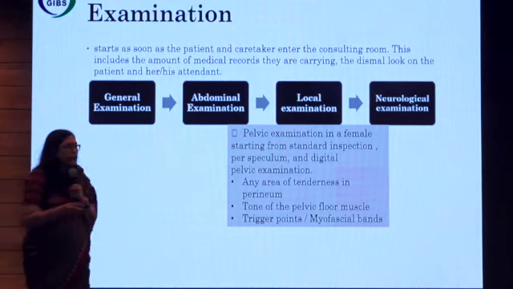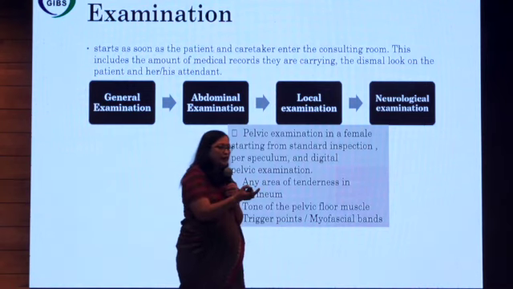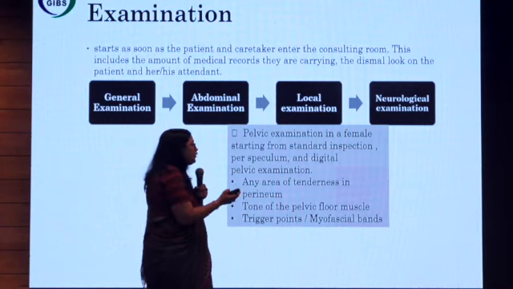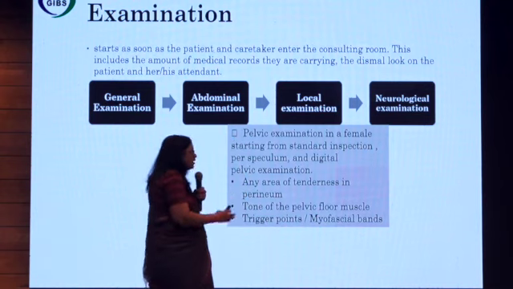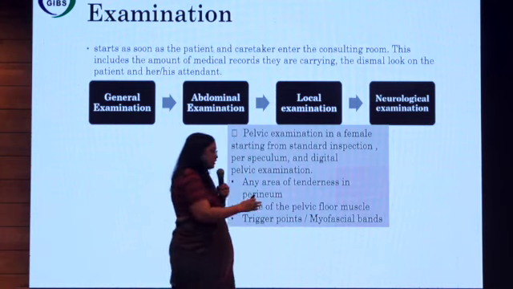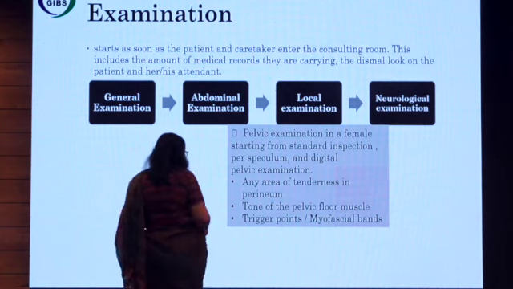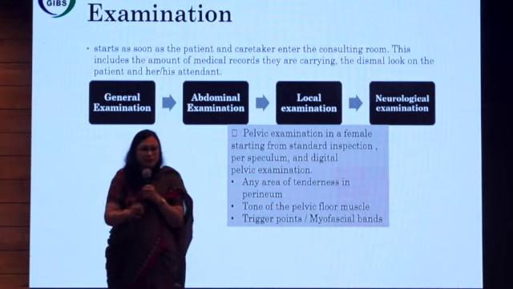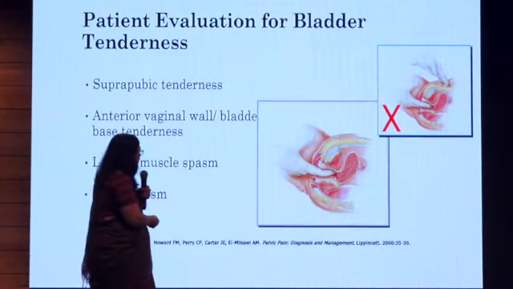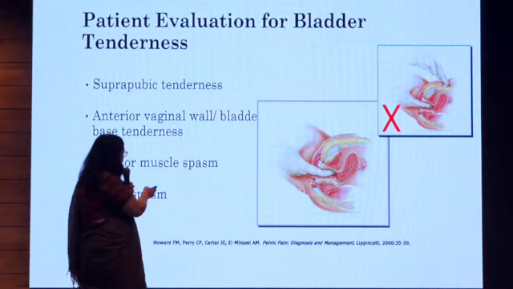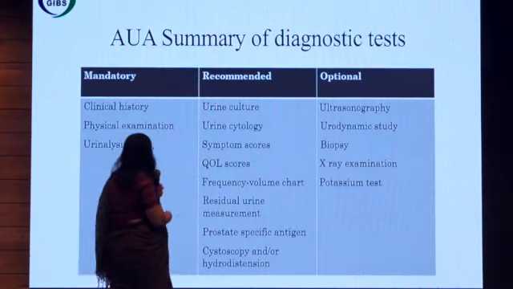Pelvic examination is the most important thing, and particularly in these patients you have to look for tenderness in the anterior vaginal wall, because there is the trigone. If it is tender on pressing over the anterior vaginal wall, without doing the manual examination, it could be because of bladder pain syndrome. It's usually a deep dyspareunia. Superficial dyspareunia usually occurs in vulvodynia and vulvovaginitis. So that's the differentiating feature. And you have to see the tone of the pelvic floor muscle, because these chronic patients may suffer with pelvic floor spasm, and you have to look for trigger points and myofascial bands as well. Neurological examination has already been covered. This is the difference: never do bimanual examination in these patients, otherwise you might miss the diagnosis.